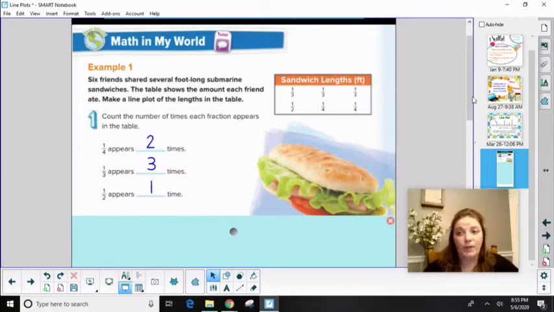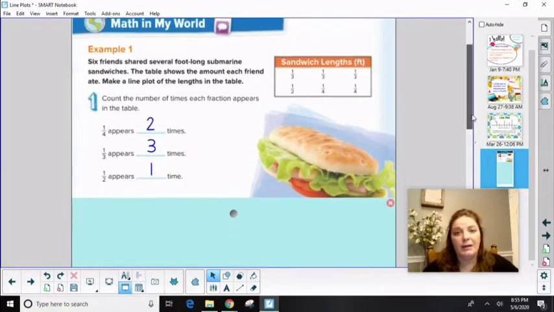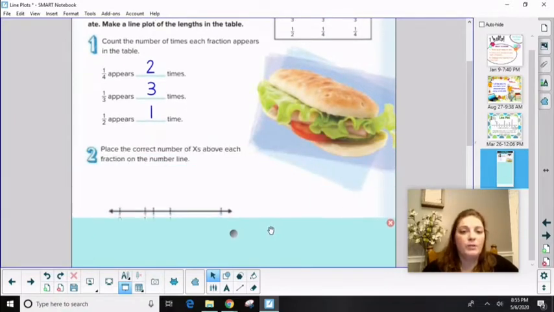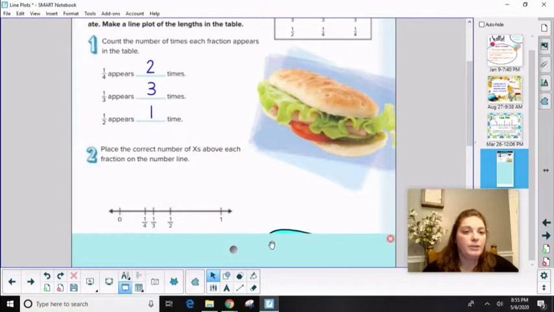Now, what I like to do is say, okay, they told me there were 6 numbers because there are 6 friends. 2 plus 3 plus 1 equals 6. That way I don't leave anything out. All right. To make my line plot, I'm going to place the correct number of x's above each fraction on